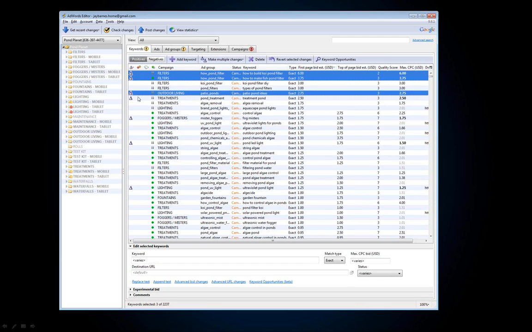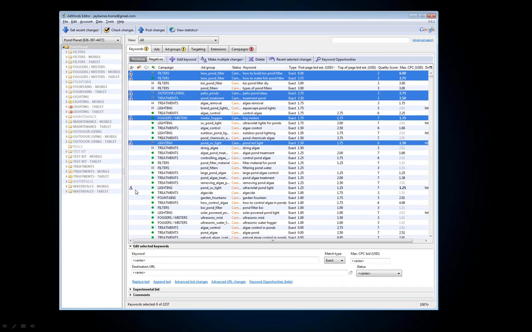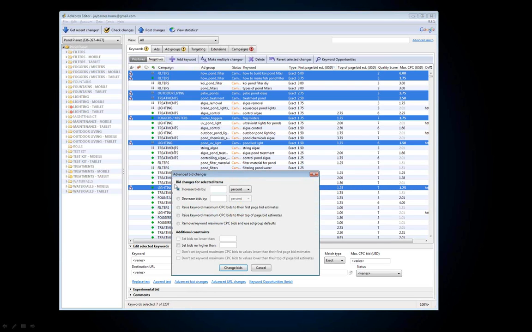But let's say, for example, if we wanted to only increase the bids on these because it's equal to the first page bid estimate. So we've selected what we want to work with, advanced bid changes, now increase by